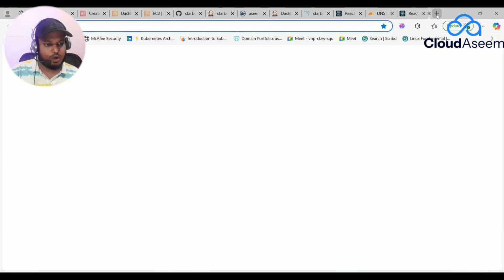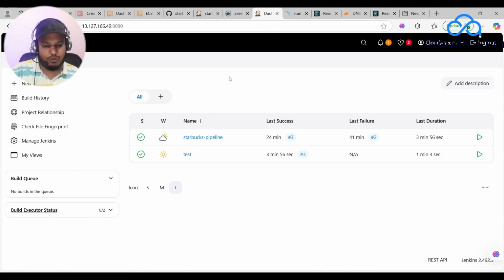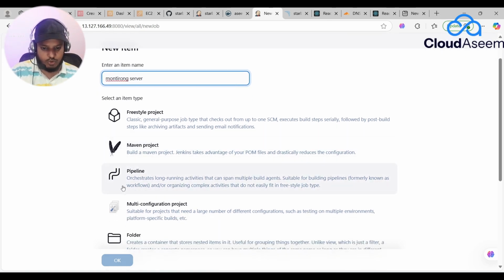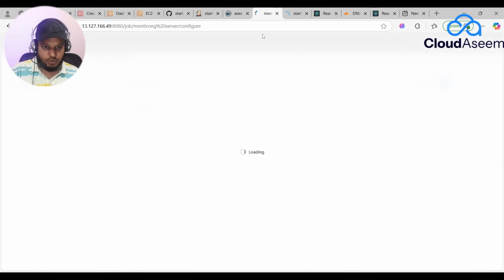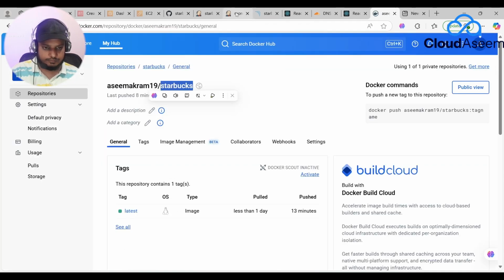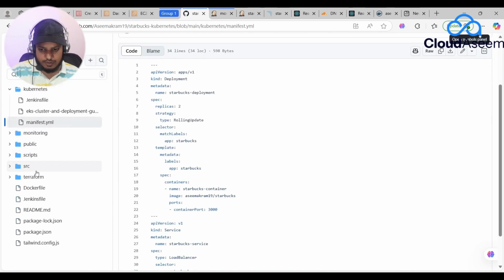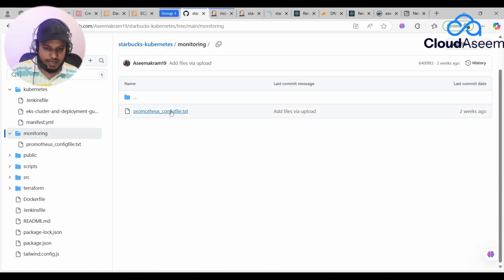So now what is missing from my end is that we need to add one pipeline, and that is for creating a monitoring server, right? For the monitoring server, I'm going to click New Item, and with that new item, I'm going to name it monitoring server. I'm going to choose pipeline, then click OK. Now for the monitoring part, I have here